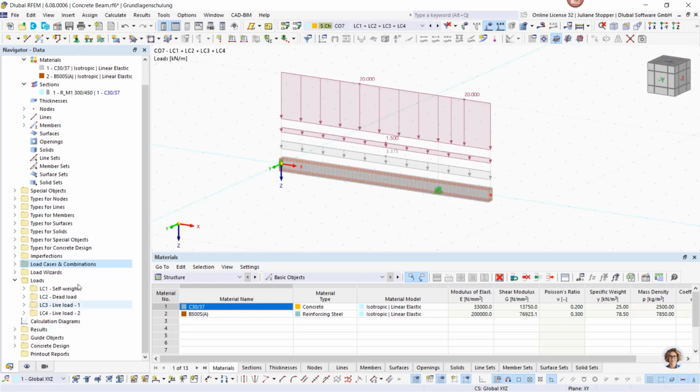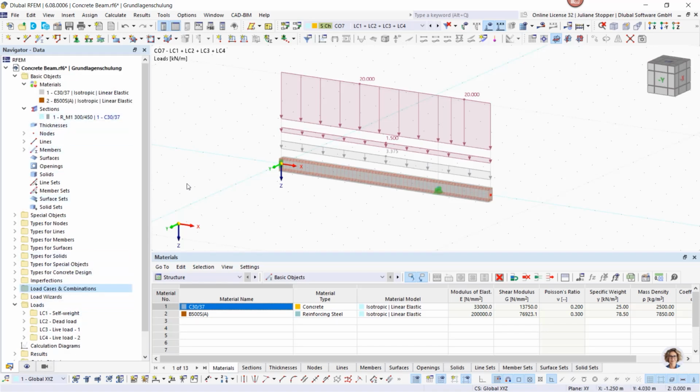Now we are at a point in the modeling process where we could start the finite element analysis. We have a system, a structure that has boundary conditions for geometry and for loads, and the finite element analysis could be started. But as we want to do the concrete design as well, we will now have a look at the design properties for concrete design. Therefore, we go here to the member,